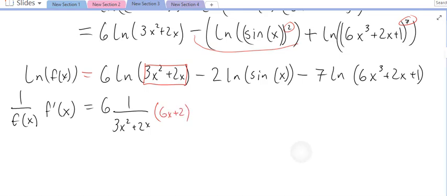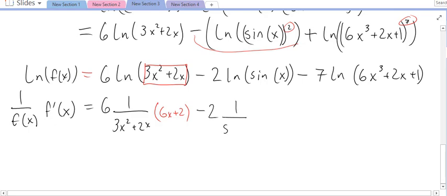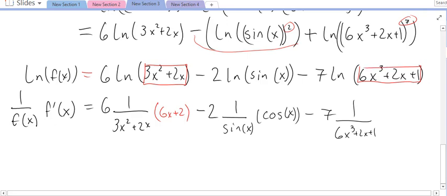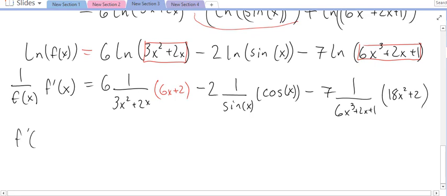And then we'll have minus 2 times 1 over sine of x times the derivative of the inside, which is cosine of x. And then minus 7 times 1 over 6x cubed plus 2x plus 1. And then we take that derivative of the inside here and get 18x squared plus 2. And we can clean this up just a little bit, and we'll need to multiply over by f of x here. So we'll have f prime of x equals f of x, and then let's make this 36